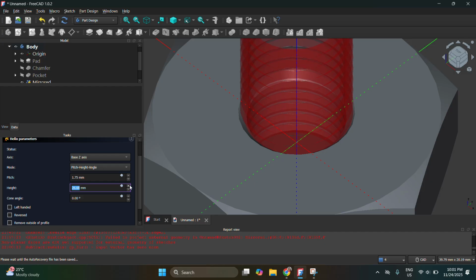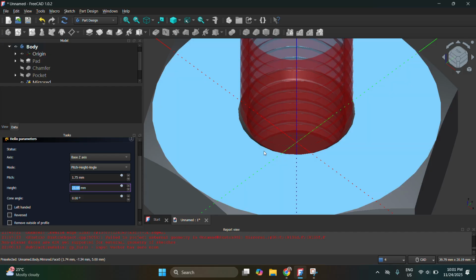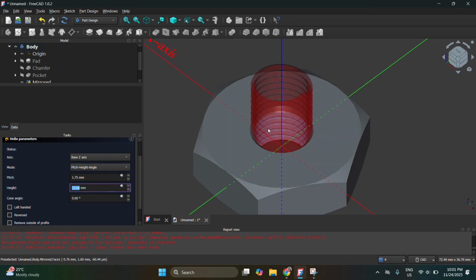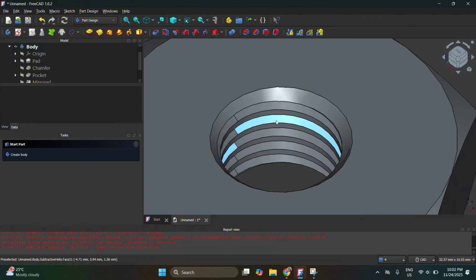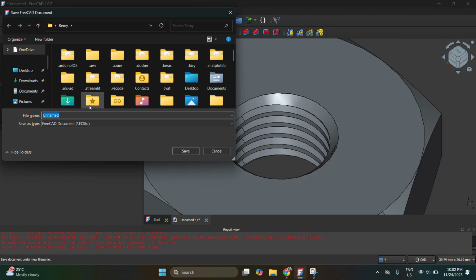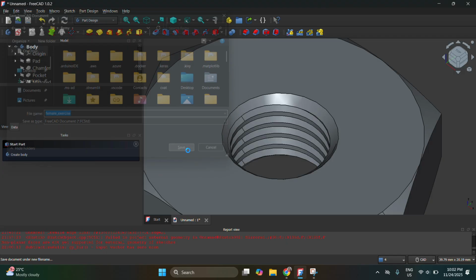Again, you can add height as much as you want, as long as you do not add a height less than the thickness, because our plan is to fill the entire hole with thread. You can have less if you want the threads to be less than the hole. Now we have 23.68 here, and as you can see, it's more than the thickness of the hole. Now we are set. You can click OK. So we now have the female thread. You can now save this one, Control S, and then name it knot exercise or female thread exercise, and then click save. That's it.